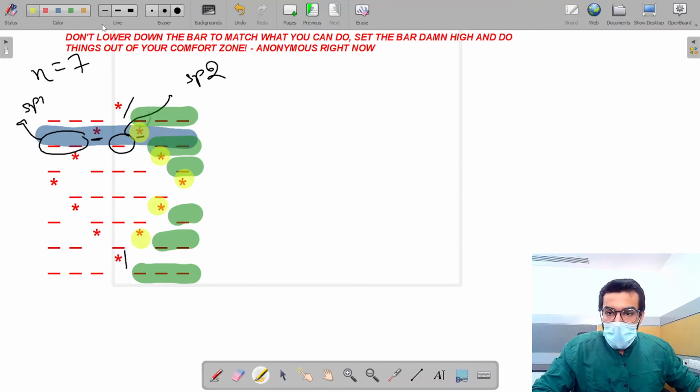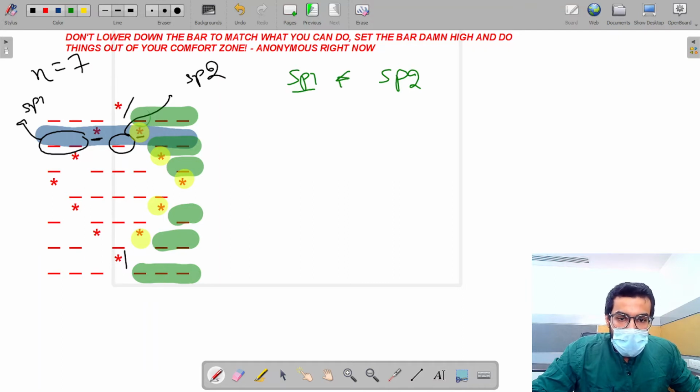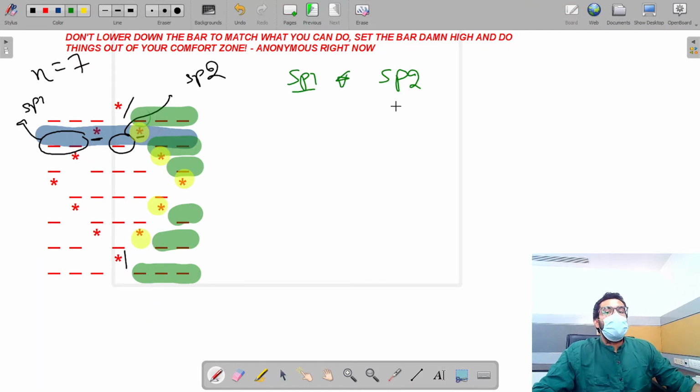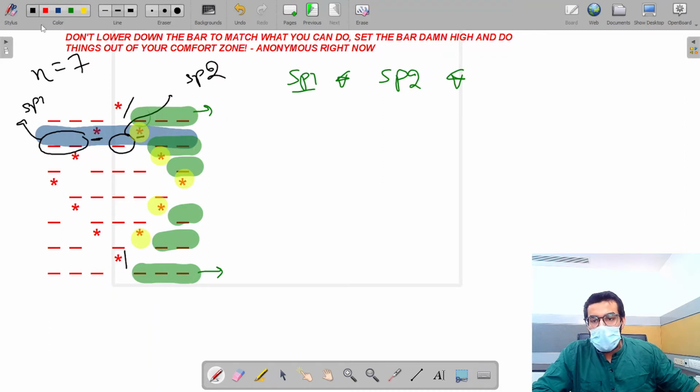Now let's quickly code this, and before coding let's see some observations. We have two variables, sp1 and sp2, and after the sp1 variable we will be printing a star, and after the sp2 variable as well we will be printing a star. Let's cover the second line first.